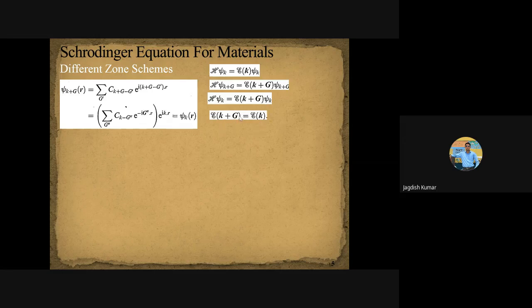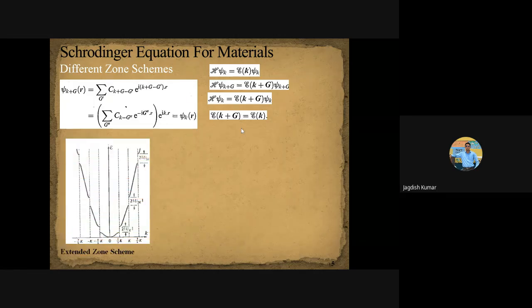This very basic fundamental property relates the energy of an electron in a particular Brillouin zone with the energy of the electron in the first Brillouin zone. Basically, it says you take the energy of the electron at any particular point, and this is going to be equal to the energy of the electron in another Brillouin zone, which can be obtained by adding some arbitrary reciprocal lattice vector. What is the technical meaning of this?